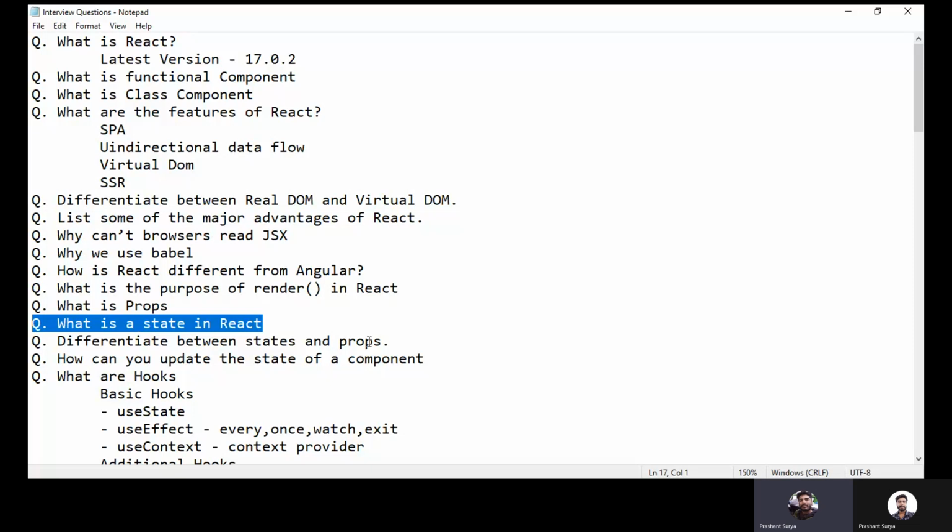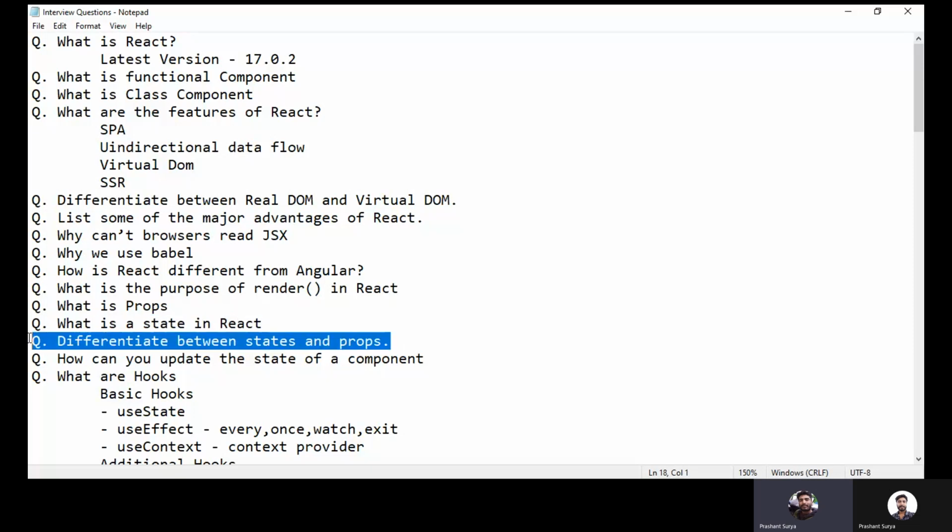So what is the difference between state and props? Basically, the first one is that state can be changed inside your component, whereas props cannot be changed inside your component. Second, props come from outside the component, and the state is declared inside the component. And the third one is that